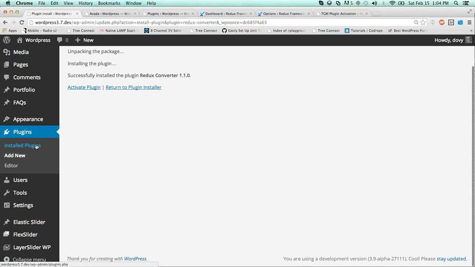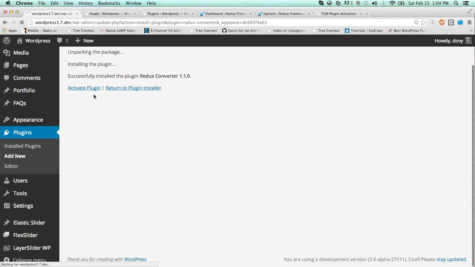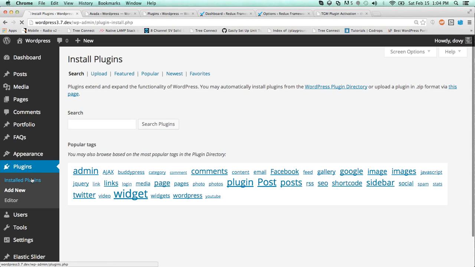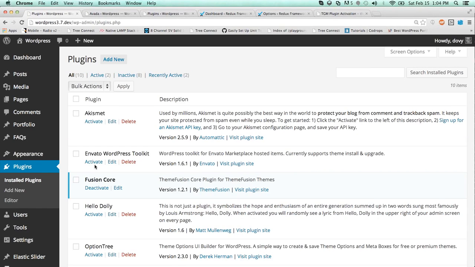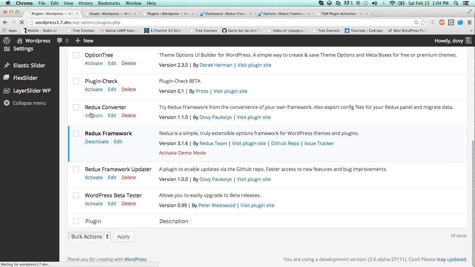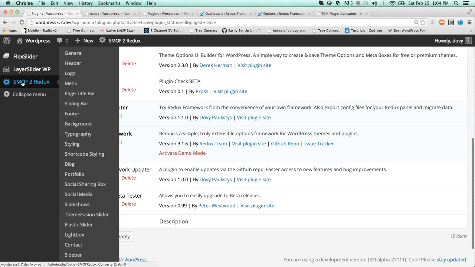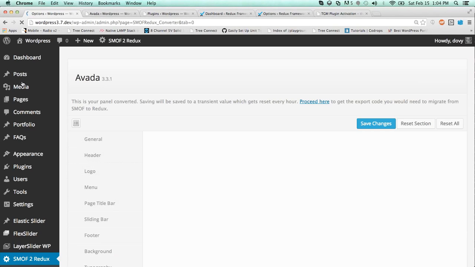Whoops, it's already installed, sorry. So go to my plugins, installed plugins, not add new. And if I activate Redux Converter, a new panel to my left will appear. You'll notice it says SMOF to Redux. And lo and behold, all of the options of SMOF,